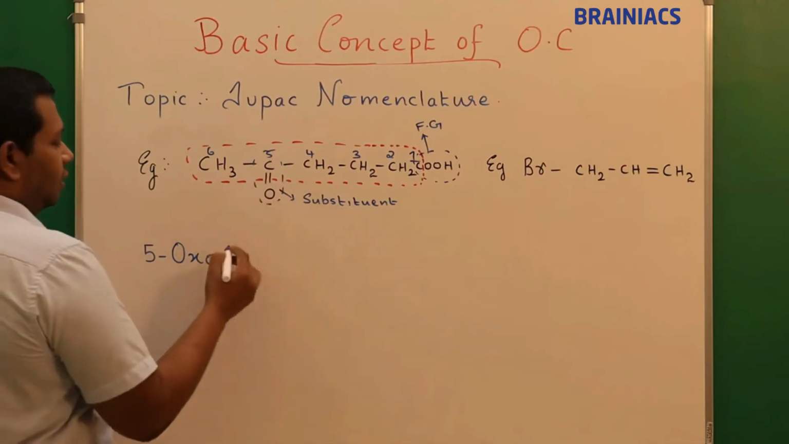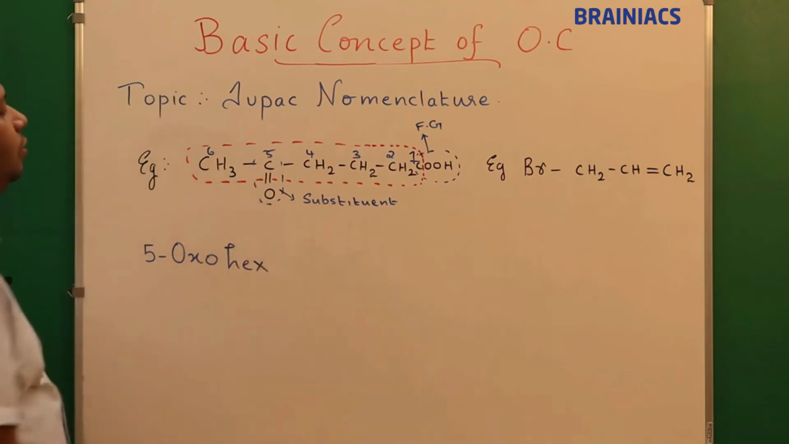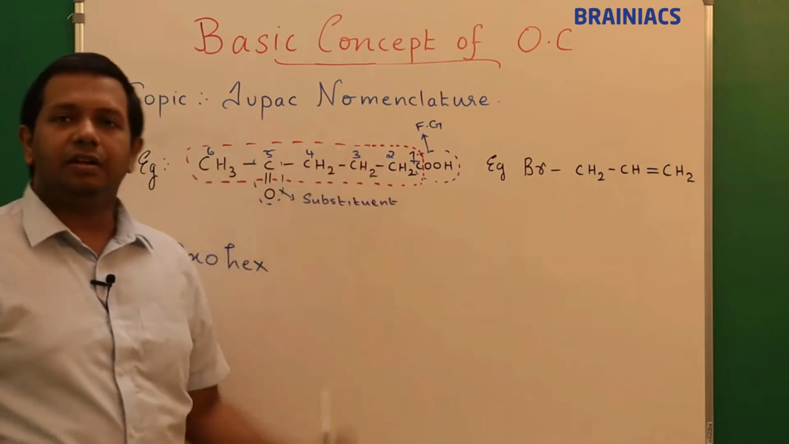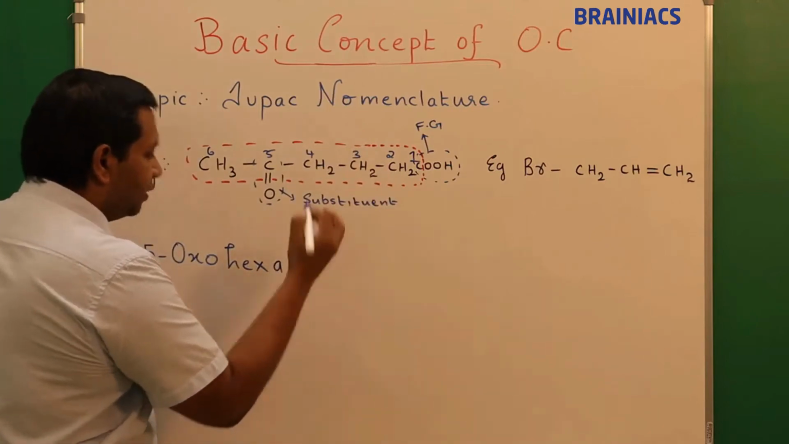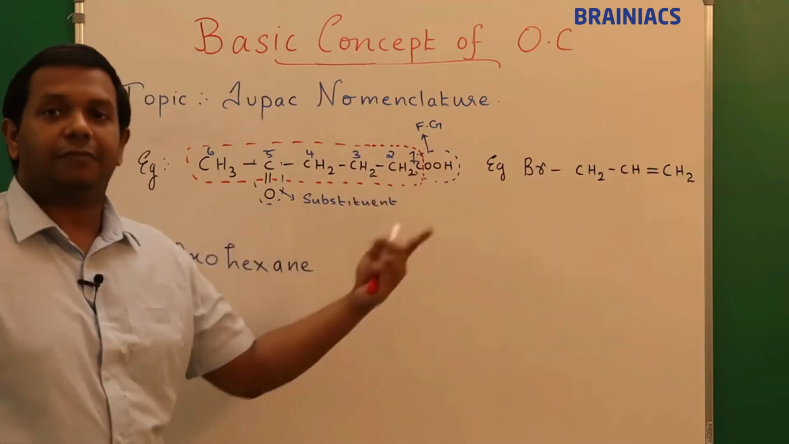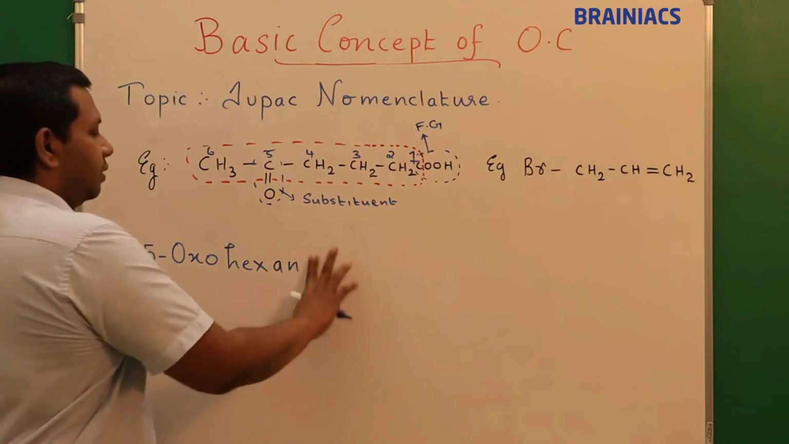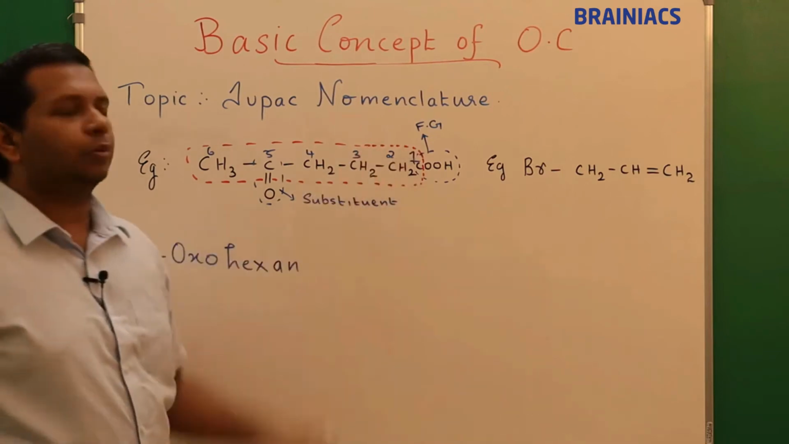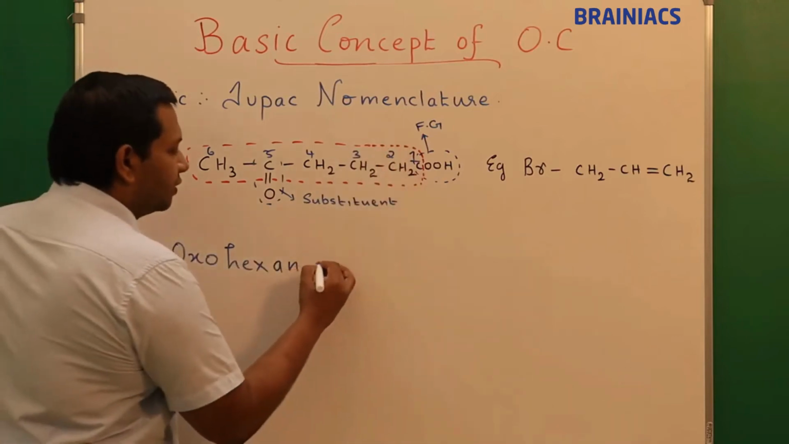Then comes the word root, that is hex, 5-oxo hex. Now we will see all are linked by single bond, so I know that it is ANE, correct? But you need to remember here there is a functional group, so a secondary suffix is also required, correct? So I can remove the E. Then I know the position at which the functional group is present, first position, so I will write hexane